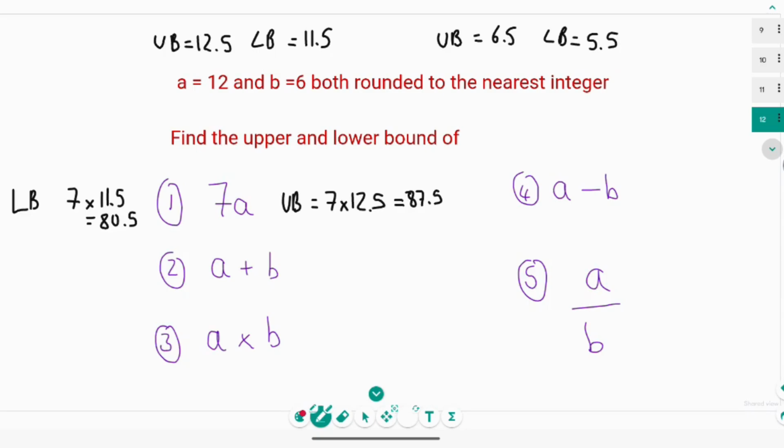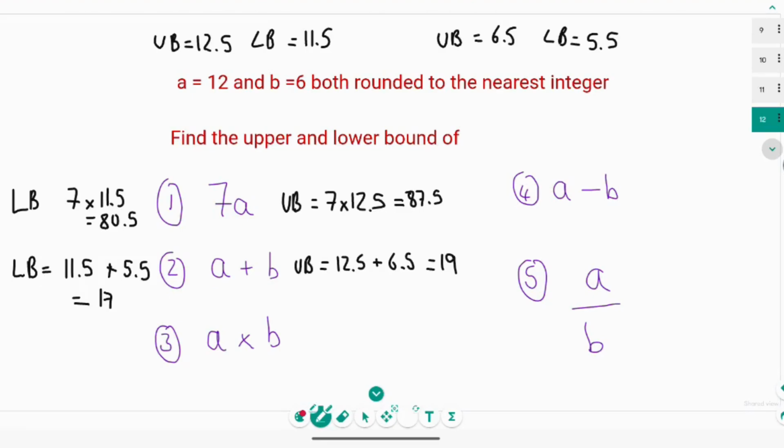A plus B, just need our upper bounds. 24. And lower, oh no. What am I doing here? Need both the upper bounds, 6.5, which will give you 19. And the lower bound, 11.5 for A, and 5.5 for B,